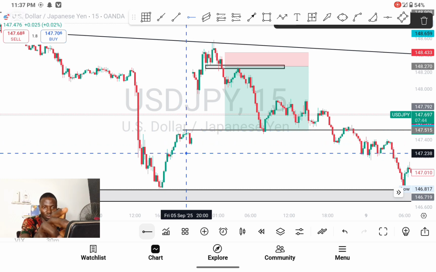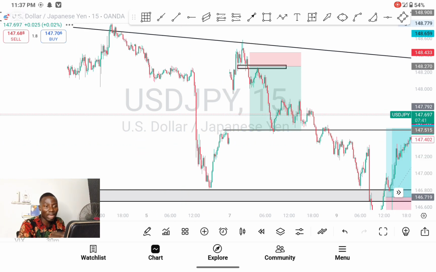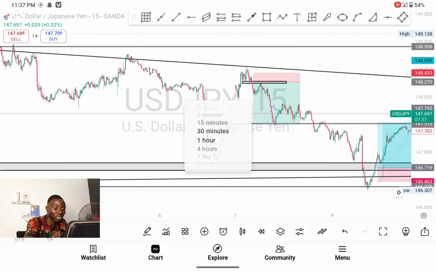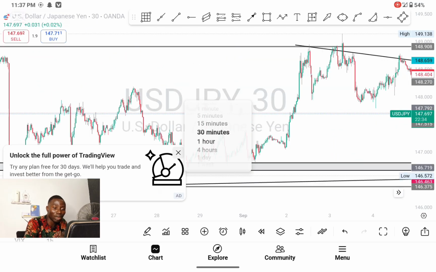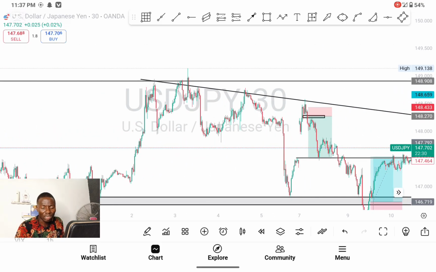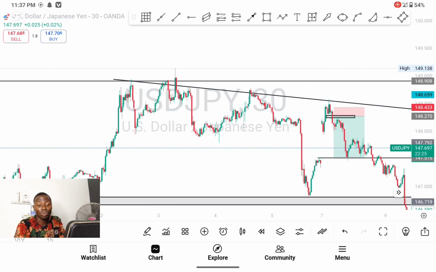So that was how I got the opportunity. Now, what was my error when I was learning this strategy? My error was that if I saw the gap immediately, I would just enter for sell, like this one. If it is a buy position, I would just enter for buy. But it's not so. You understand?